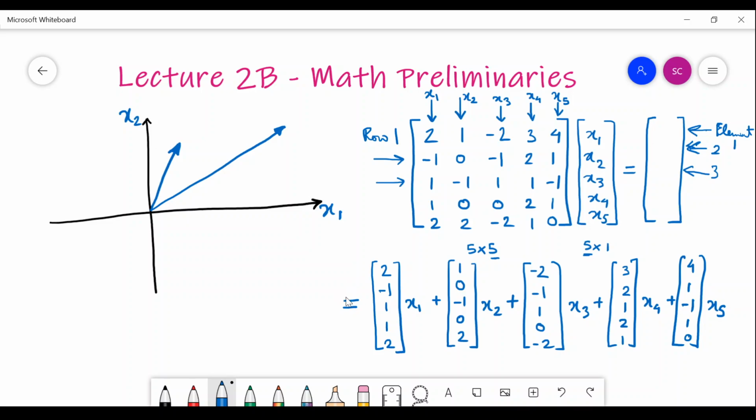Okay, so these are basically nothing but one vector, and this vector is some vector here. So let me try to draw. This is a fifth order example. Just shrink your imagination to second order. For second order, we would have some vector here multiplied by x1 plus some vector here multiplied by x2, and both these vectors would be a 2 cross 1 vector.